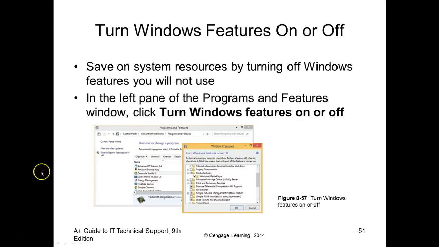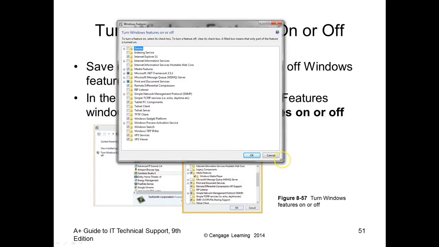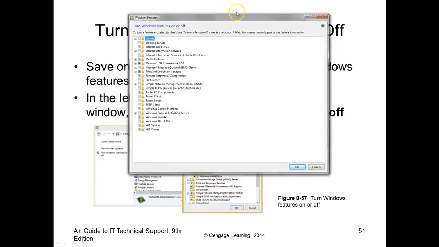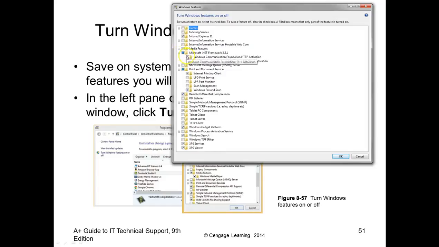So this is the Windows Features I was telling you about. Mine's finished over here, so you can see what features are installed. You can see both of them here. You've got Internet Explorer 11, so if you don't want that, you can uncheck it. You can expand these, and you'll notice that some are blocked out like that, and only certain ones are selected.